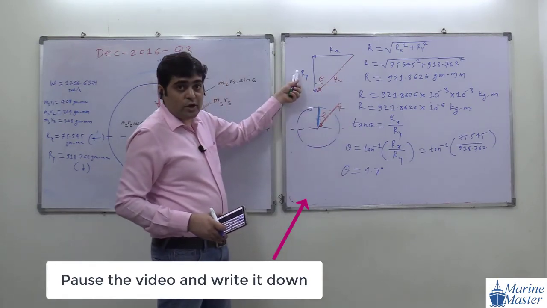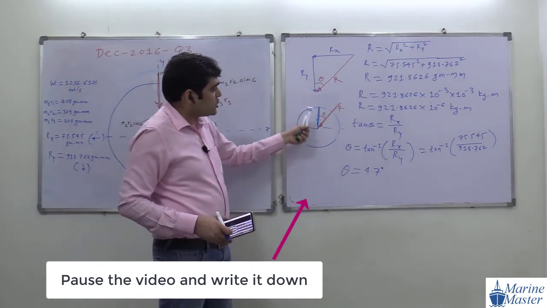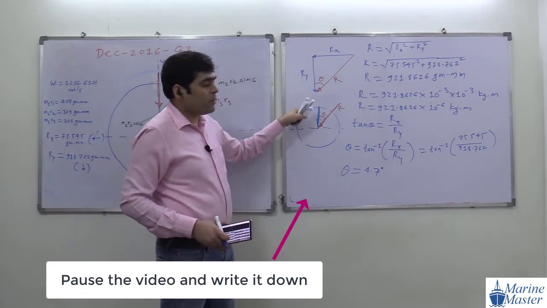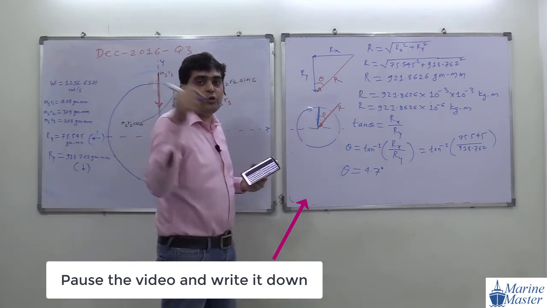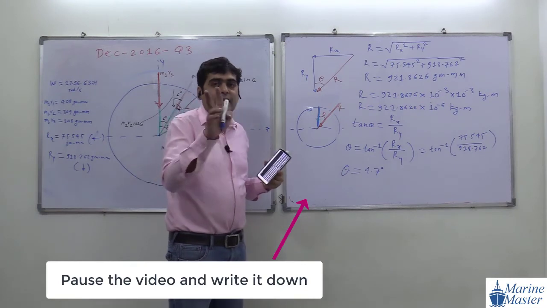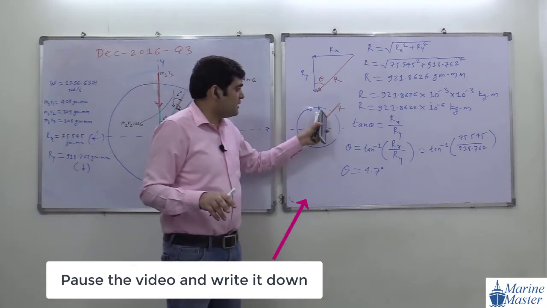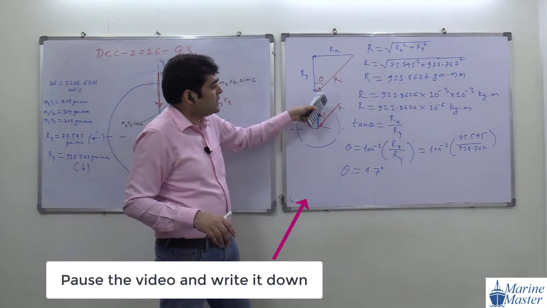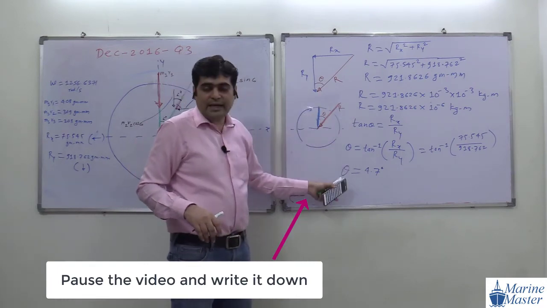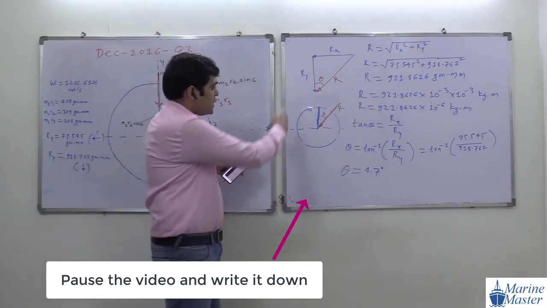Draw this drawing. This drawing is important. And below this drawing, draw this drawing also. From this drawing, you will get an idea of how R is going. For writing the final answer, this drawing is very, very helpful. And this drawing shows how we are getting theta from this expression. Both are equivalent drawings.